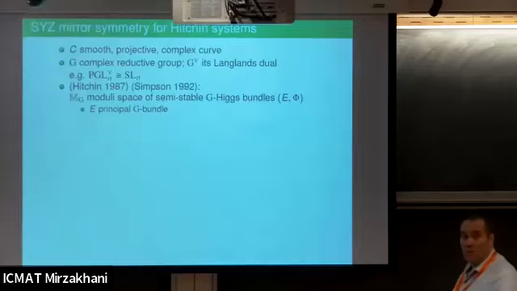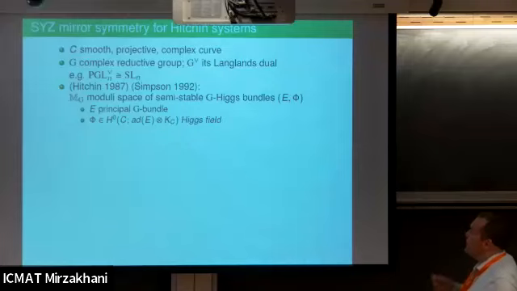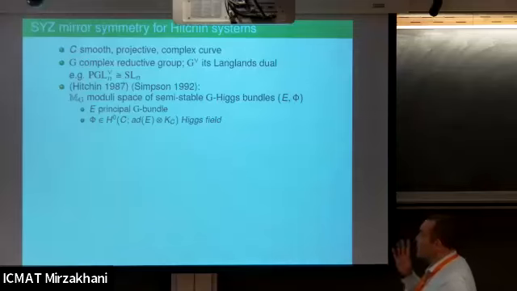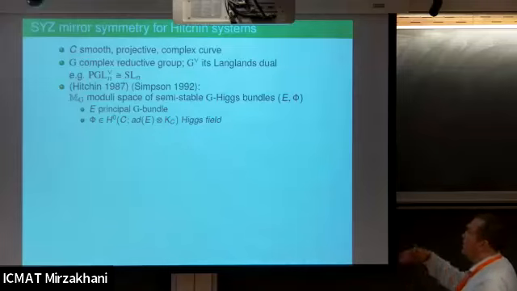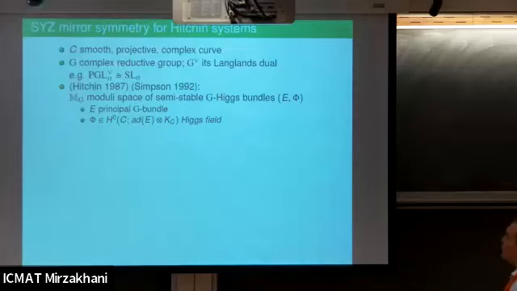But what's interesting, and this will be crucial in where we are going at the end, is that a Higgs bundle, and we will talk about G-Higgs bundles for a general reductive group, is a principal G-bundle together with the Higgs field, and the Higgs field is a section of a vector bundle. So E is originally not a vector bundle, it's a principal G-bundle. And then we take the adjoint bundle of the principal G-bundle, that's a vector bundle, and then we twist it with the canonical bundle. And we will think of this as some sort of Lie algebra valued function on the curve.